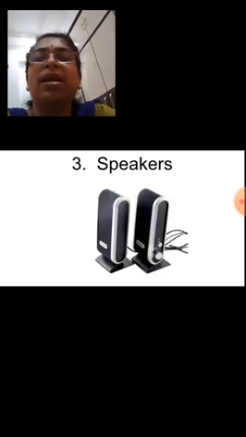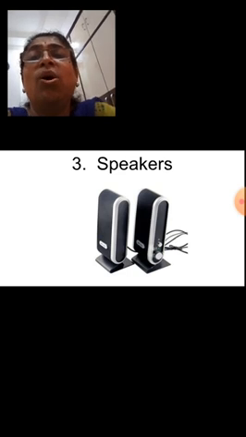Whatever sounds, whatever different music, everything is getting recorded by the microphone and transferred to the CPU. Have you understood this? Yes, we have to revise. Correct.